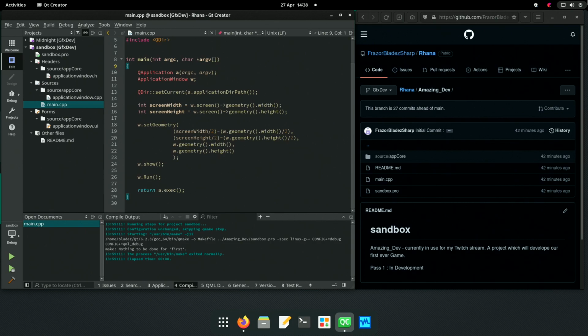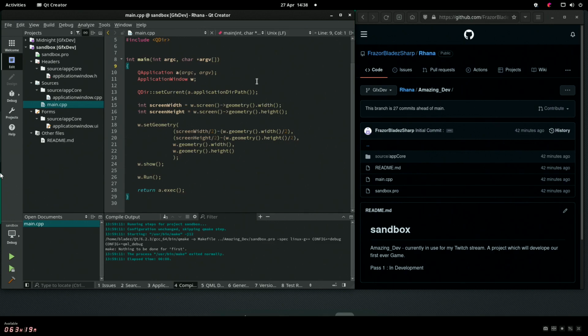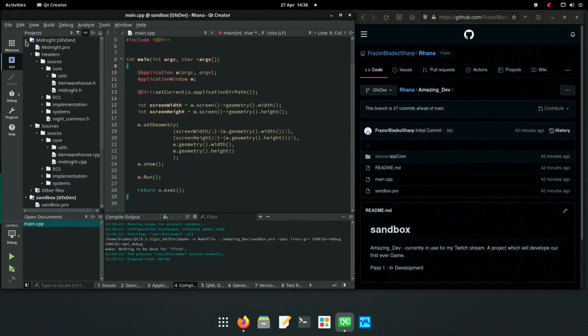What standard are we at with Midnight? Does anybody know? I can soon tell. Let's go probably through to the last system that we did.